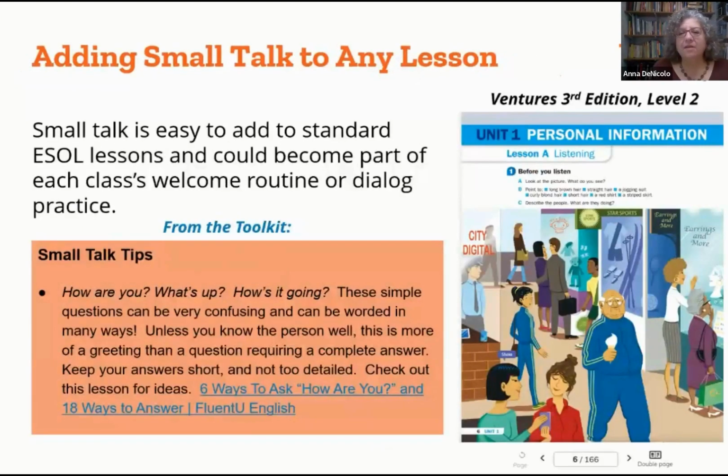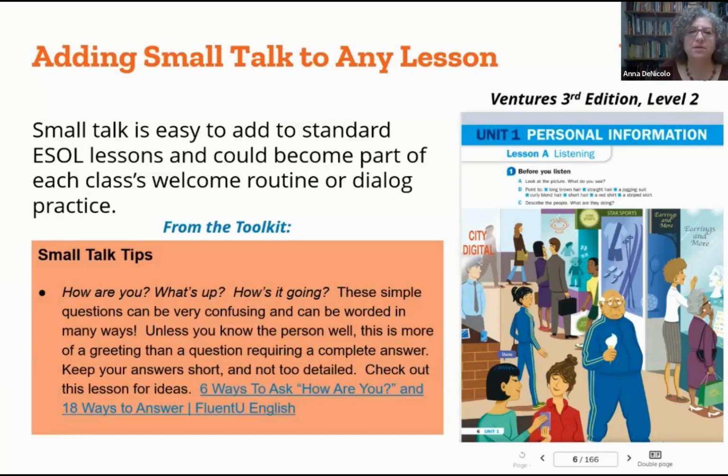So let's take this Ventures 3rd edition, level 2. In unit 1, the first page is an illustration in a shopping mall, and you see a number of different people, including a couple of people in the lower left having a conversation. The unit continues with some exercises, some listening comprehension, and this would be a nice place to add a little